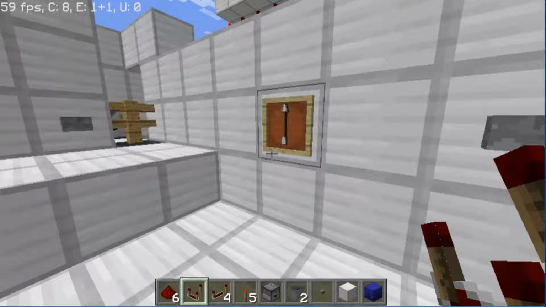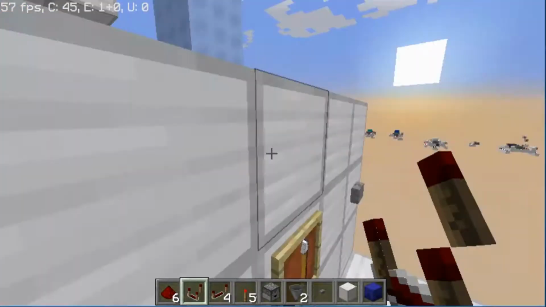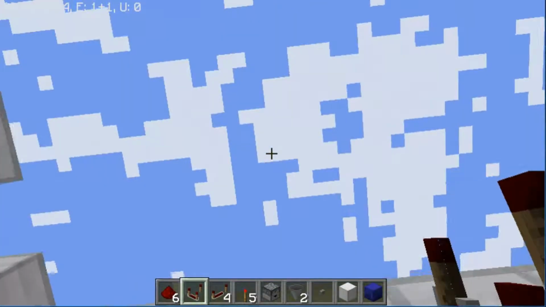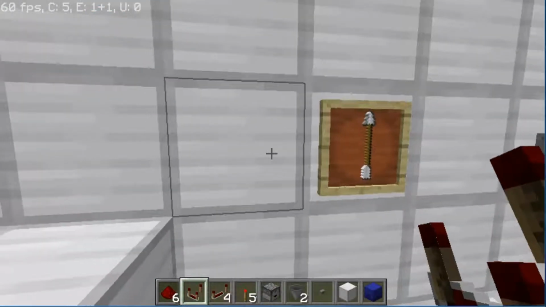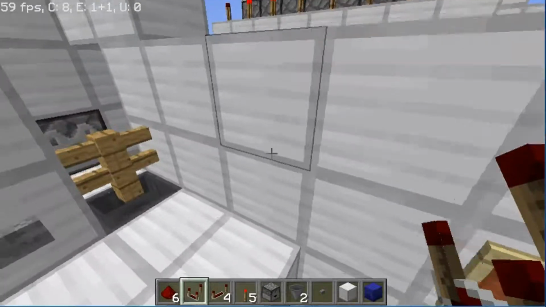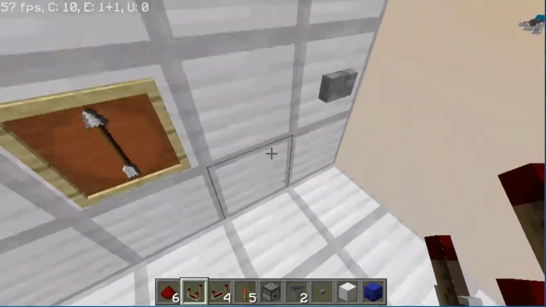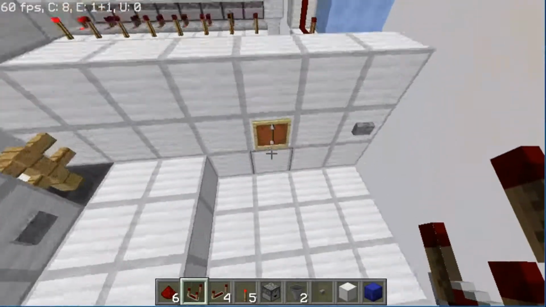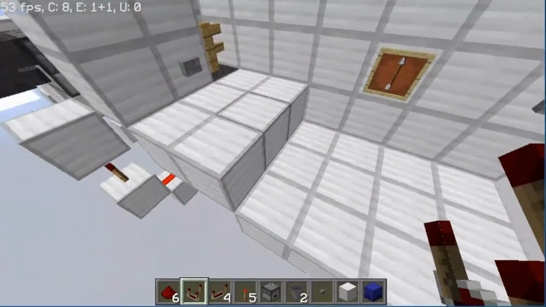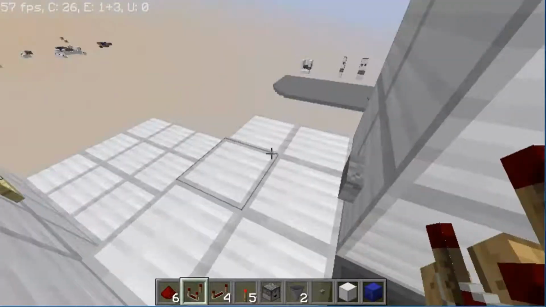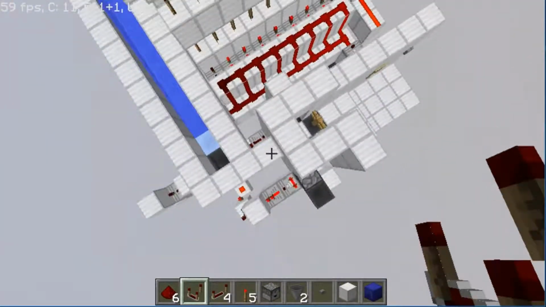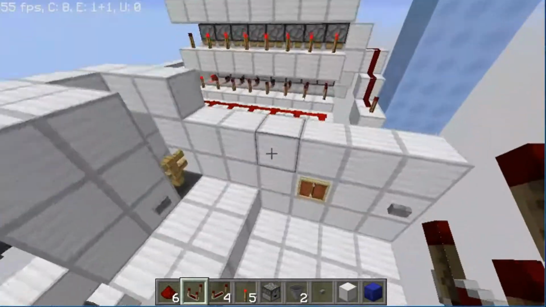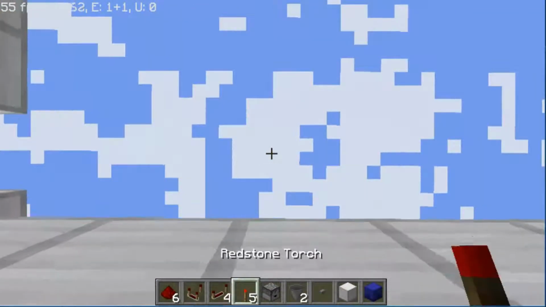Okay, I have a really awesome idea. We're going to have a line of double piston extenders pop down from the bottom, and they're going to block this where you can't touch it. That's going to be pretty cool. So I'm going to sort out how I'm actually going to do that, and hopefully I'll have enough room. I really did not think out this design very well. Should have gave myself more room. But yeah, I'm going to have